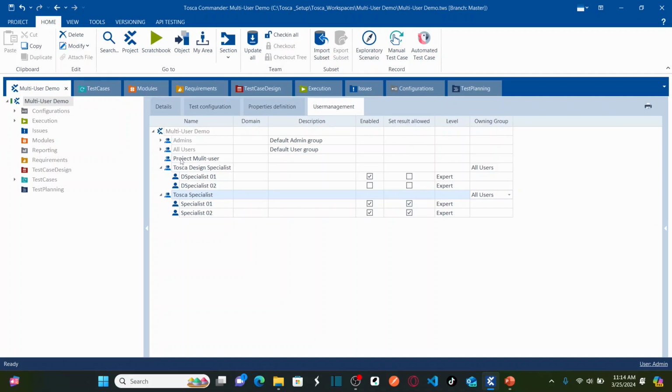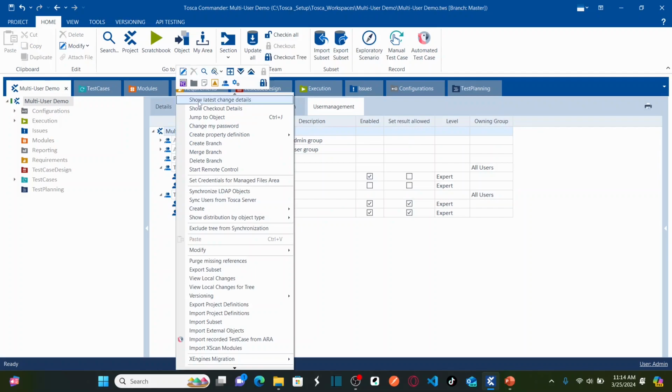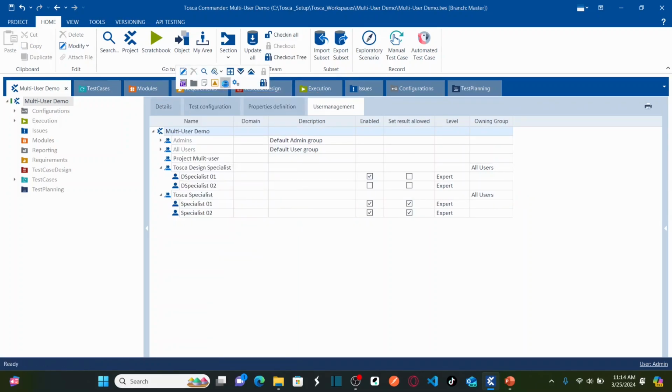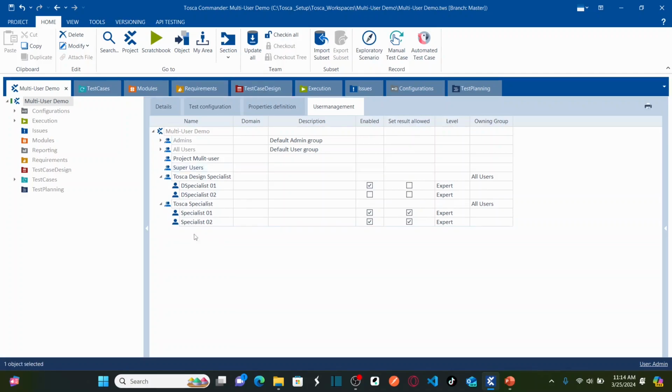Let's assume I want to create a super user. Let me create another group called super users. Okay, in this I'm going to create a new user. I created the super users group. Here I'm going to say admin 0 super user